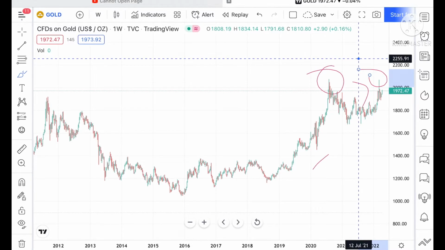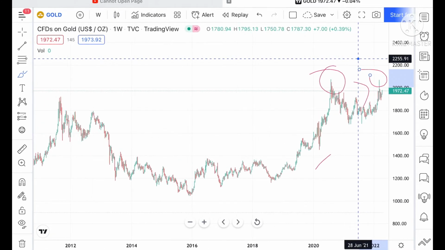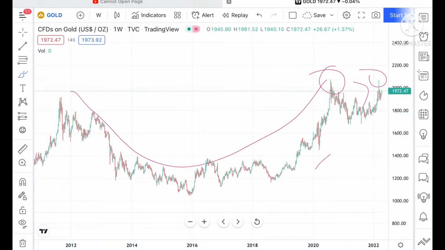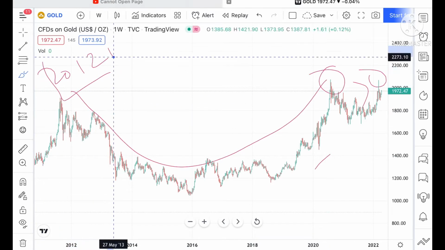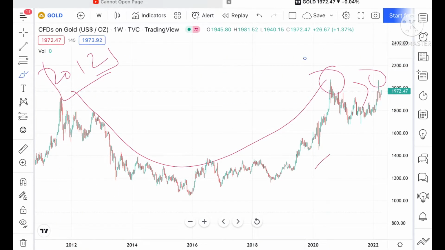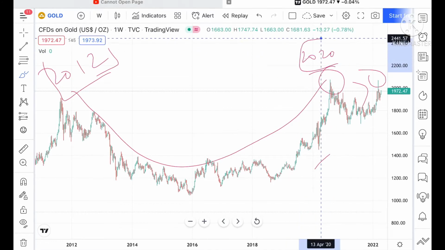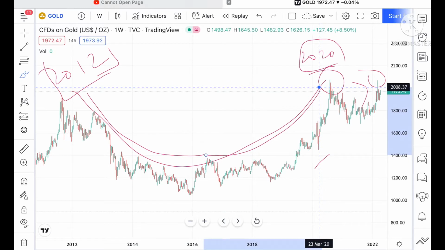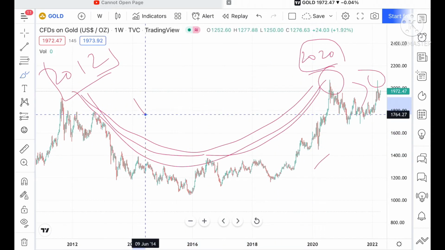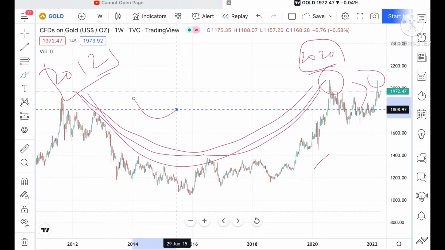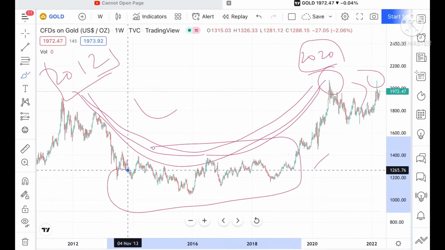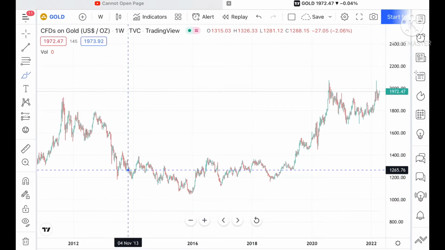Now look at the chart. See, two patterns are forming here. If you look from 2012 to 2020, that means around 8 to 10 years, in 2020 what you have seen is a sharp fall and a sharp rise. You can say it's a U pattern. Since I started making videos, I've been telling you that once this range breaks, we can see a rise in the price of gold. You can check my previous video where I was explaining this.